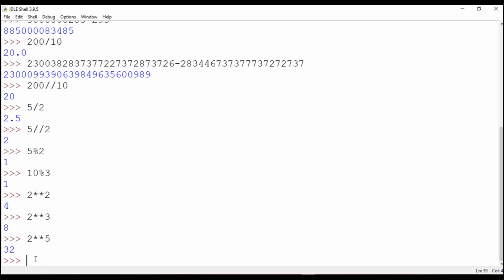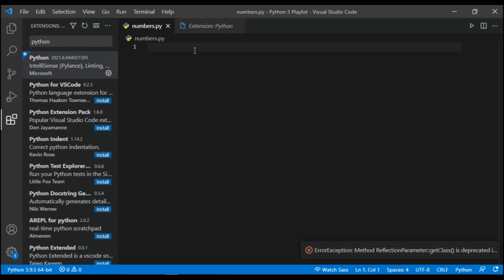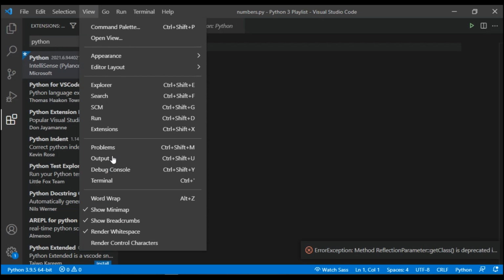And now to move on to our code editor, so we learn how to run our file. The first thing you should note is you should have a particular button here which you can use to run your Python file. It's going to run your Python file in a terminal. Or another thing you can do is you can come here to view and then terminal. It's going to bring up a terminal,